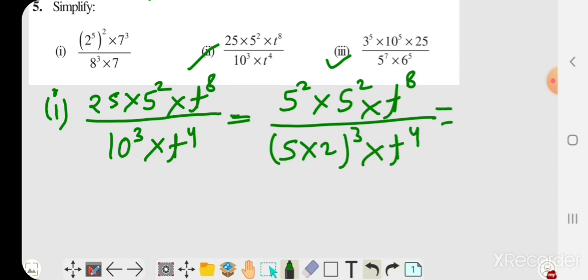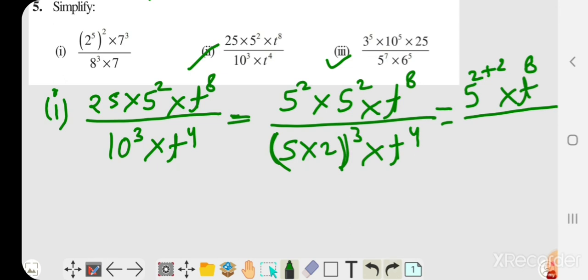Then it can be solved. 5 square into 5 square means 5 raised to power 2 plus 2, and t raised to power 8 upon... can this power 3 be written like this? 5 cube into 2 cube? Yes. Why? Because earlier